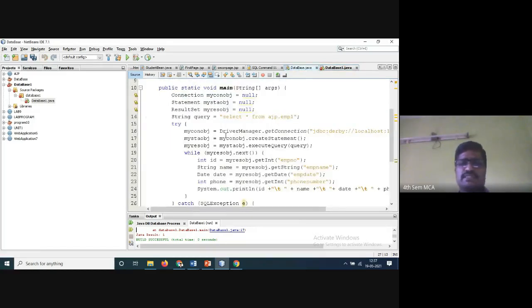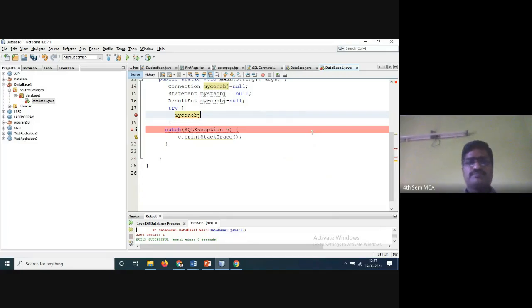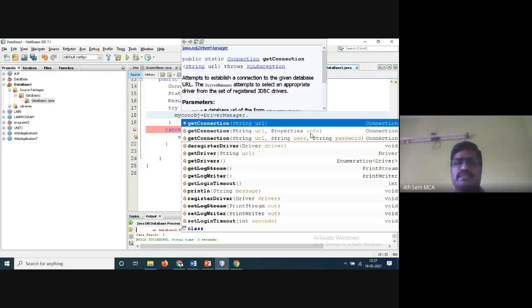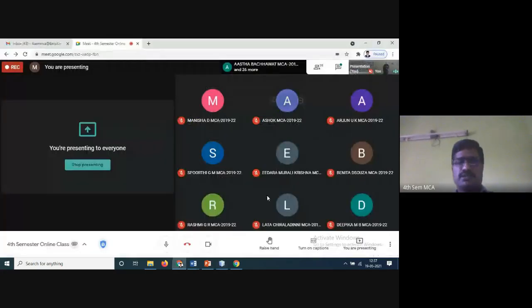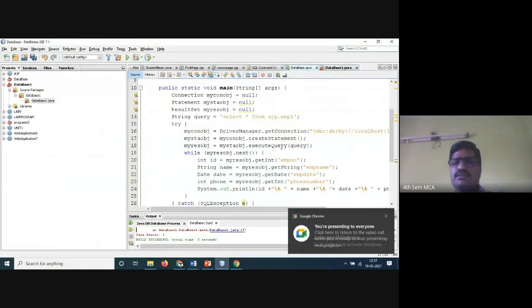So here it is equal to driver manager. You have to write driver manager dot, and what is it? Driver manager dot get connection.